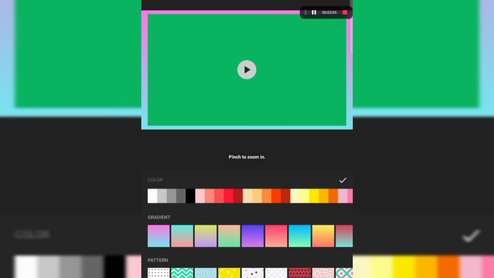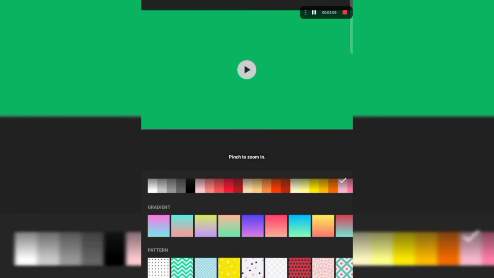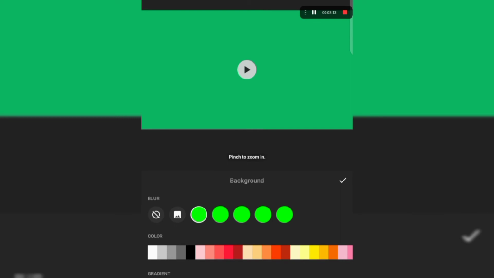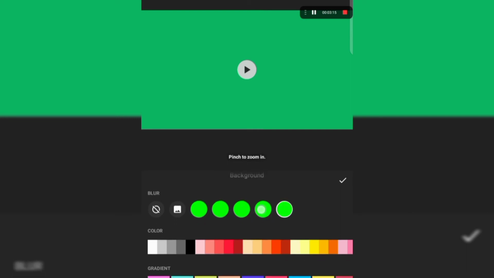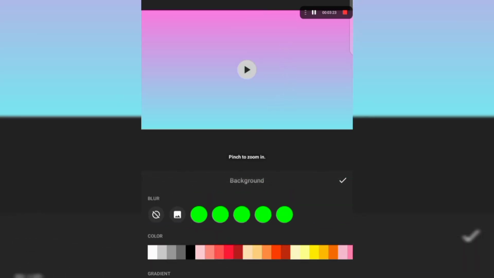So you can resize it and the frame looks cool. And if you do not want anything, click on here. That's it. So let's apply this one. So the changes are saved, and